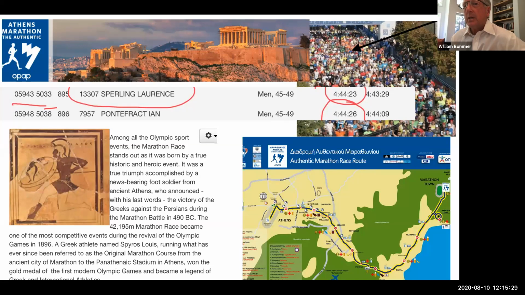And what you can see from the comparison of Larry with Ian below him is that Ian was clearly 30 seconds ahead of him and much closer to the start. But in the race, perseverance, resilience are important for everyone. And Larry not only made up that 30-second lag, but beat Ian by 3 seconds at the finish line, so showing that he is a competitive